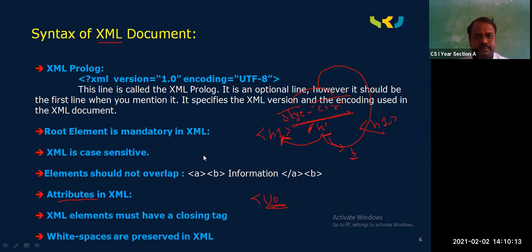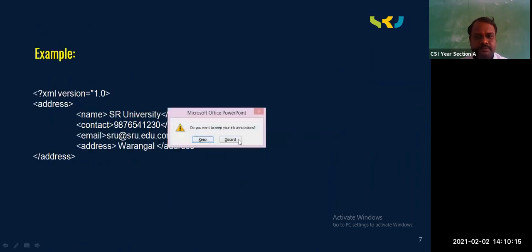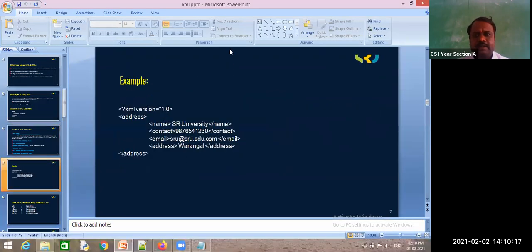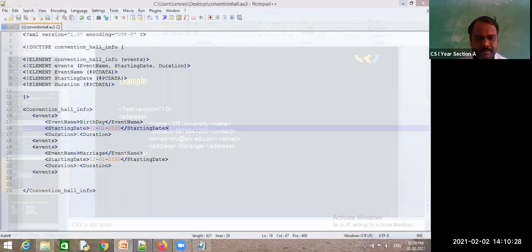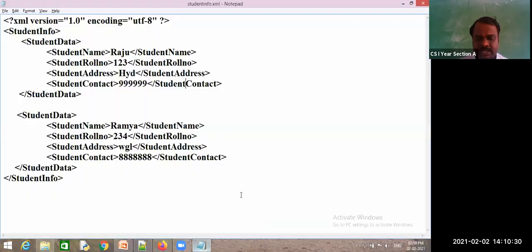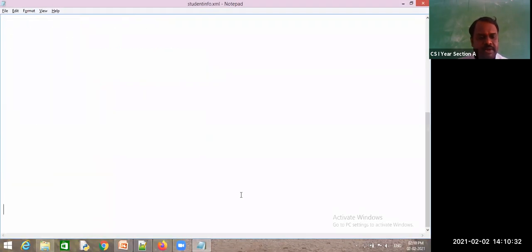Where is my document? Right, this is my document. For example, I have a tag as cost.